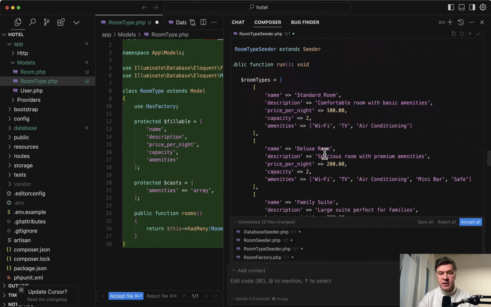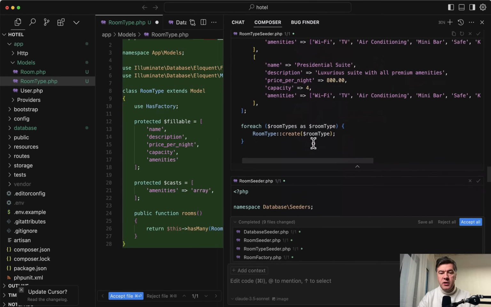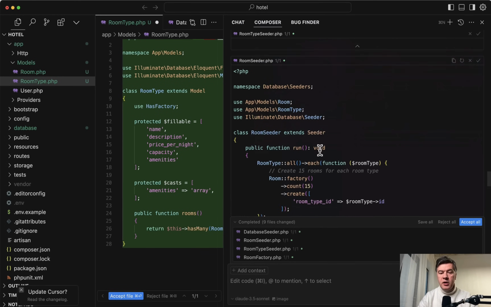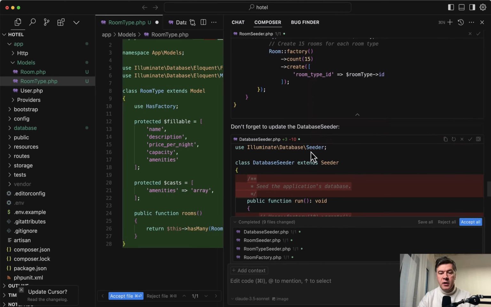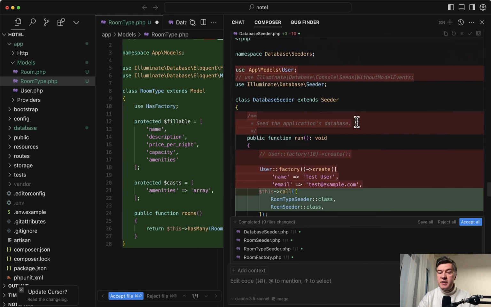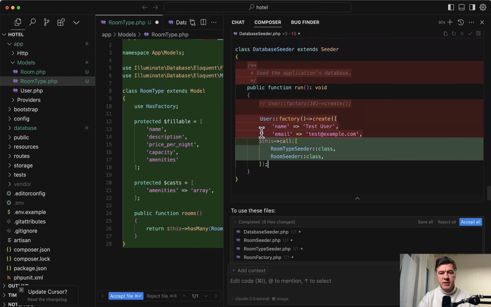It uses realistic data with standard room, deluxe, and amenities from those lists. And for room seeder, it uses factory, all room types, and then each creates 15 rooms per room type. Then it updates database seeder, and this is important. Look at this diff. It doesn't just add new seeders to this call, but also it removed the default seeders